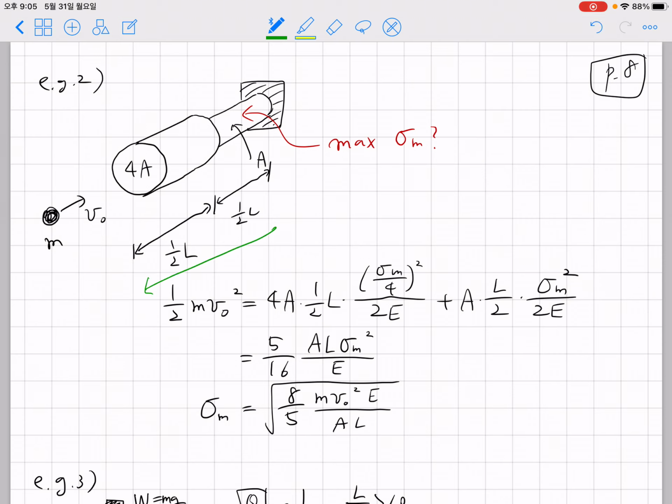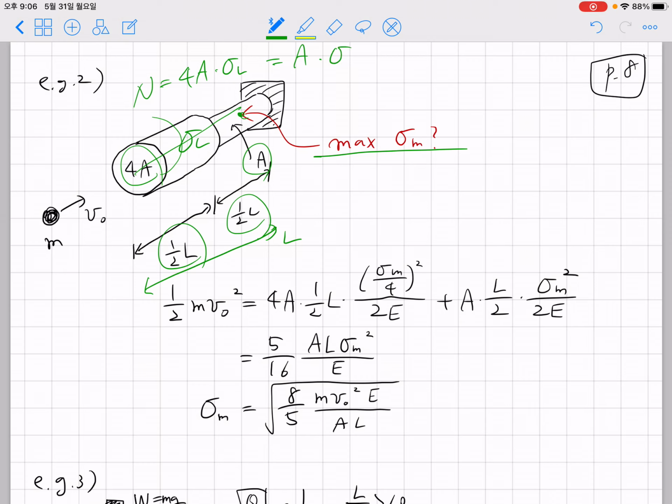So here the total length is given as L. We have 1/2 L here, 1/2 L here. We have 4A cross-sectional area and A cross-sectional area, and we are asked to obtain the maximum sigma here. What you can also realize is that the normal force N should be equal throughout the entire beam due to the action-reaction law. So N should be the same as 4A times sigma left, let's call this sigma left, and it should also be the same as A times sigma right. This is the right part. So what you can see here is sigma right must be 4 times sigma L. Okay, and by